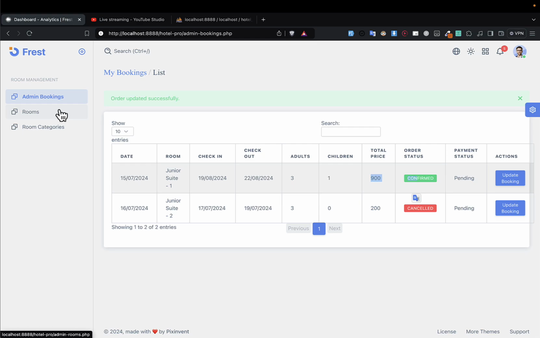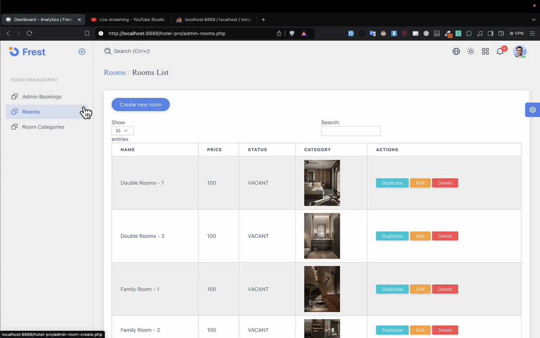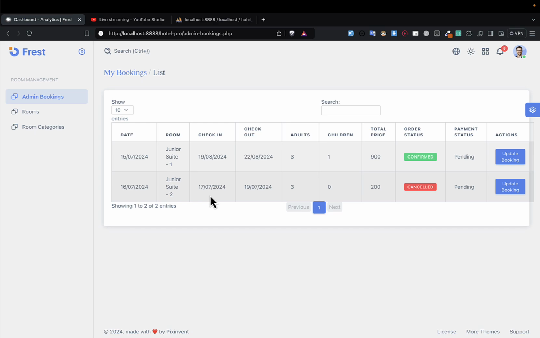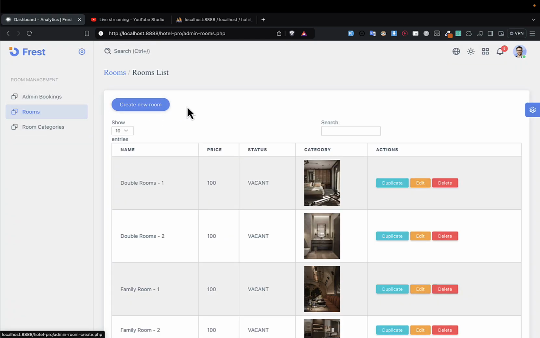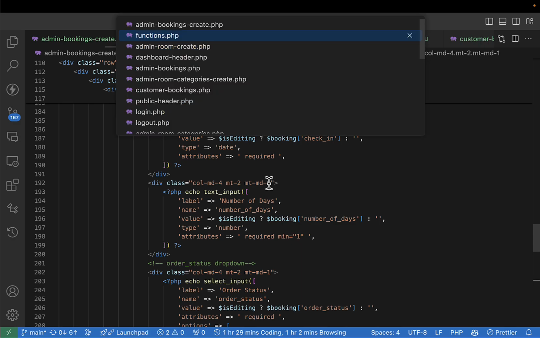So what else do we need? We need now, let's see if we can create. Let's put the button of creating. An administrator should be able at least to create the room for themselves. All right. So let's go ahead and put the button of create a booking, create new booking. So if we can finish that, then we can say maybe that's good for today. Let me go to the admin